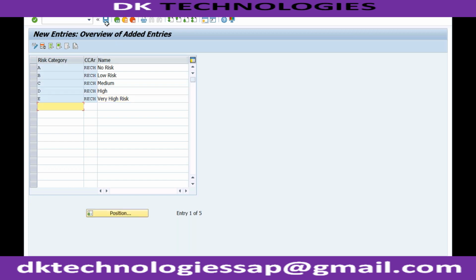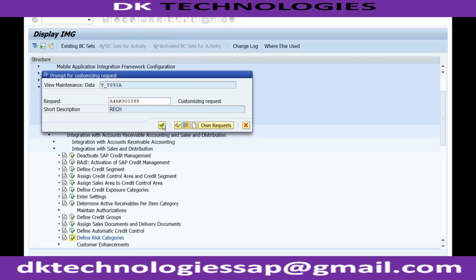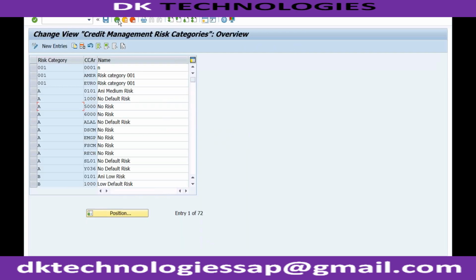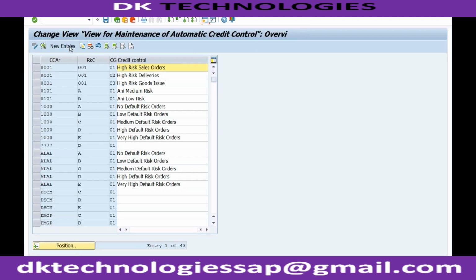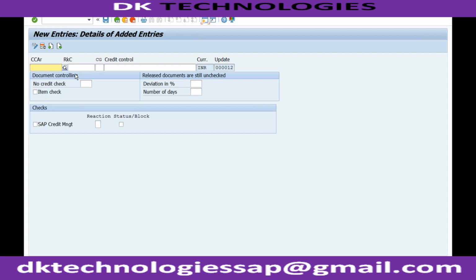Okay, just save it. And now for each and every type of risk, you have to click on this define automatic credit control. This is nothing but OVA8, the transaction that I've shown you. So new, I want to set up the rule for credit control area RECH for those customers